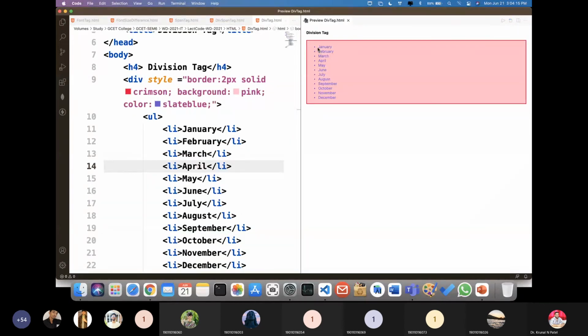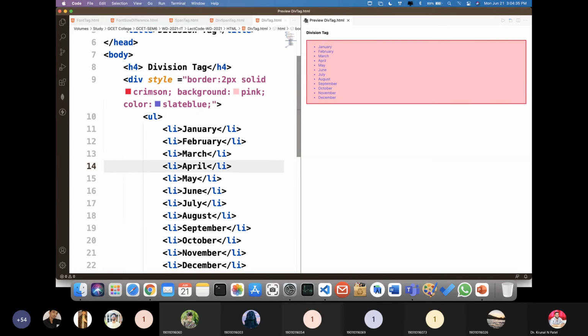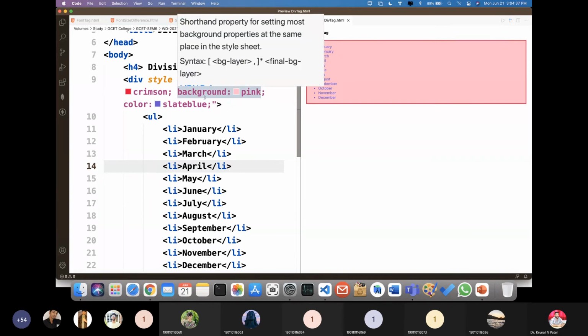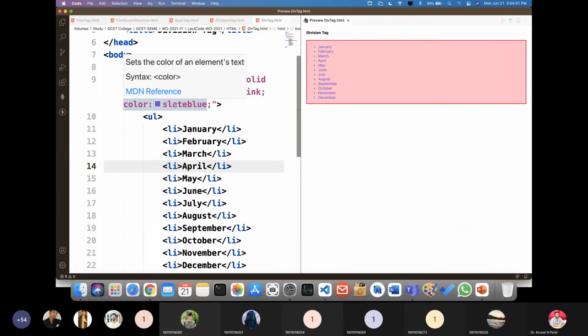You can see this is a list, January to December, but around that there is one square, that is your actual division, that is your section. In this, I want to apply the border style and the background color. So background color is your pink color. Then you can go for border color as the crimson color, and the text color is the slate blue color, right?